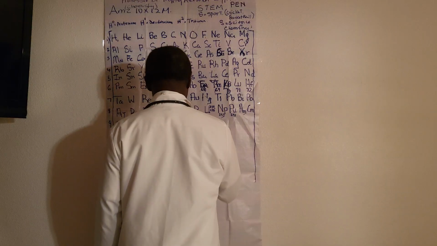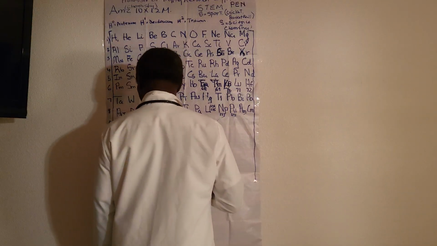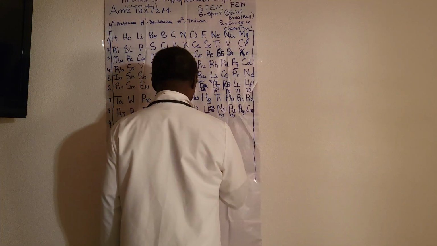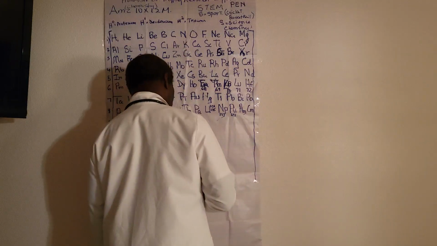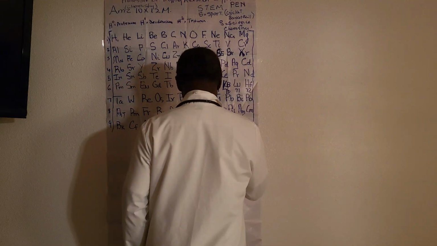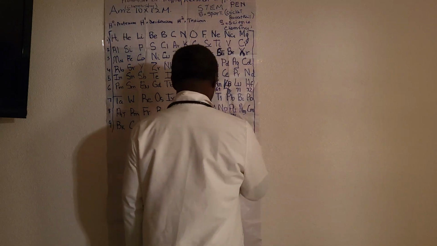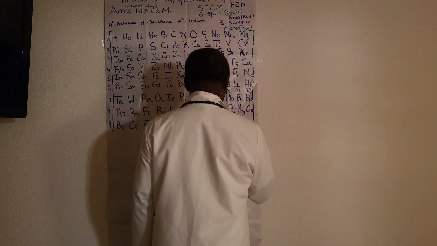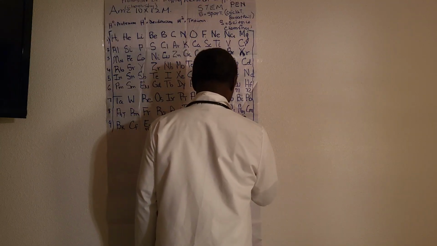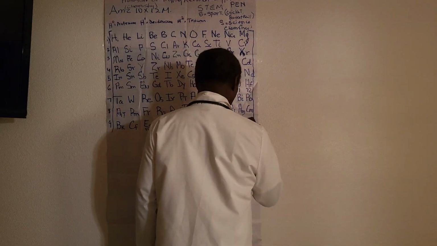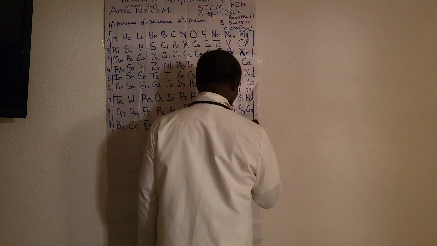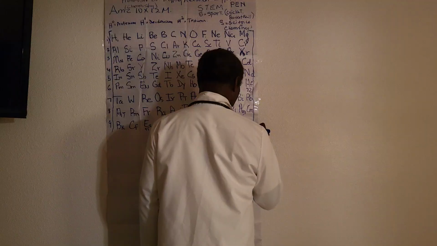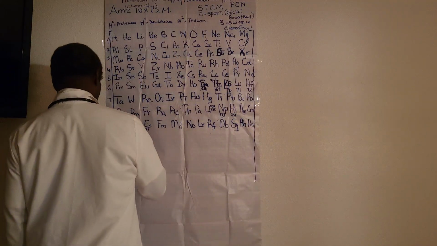101, mendelevium, Md: 101 protons, 101 electrons. 102, nobelium, No: 102 protons, 102 electrons. 103, lawrencium, Lr. 104, rutherfordium, Rf, 105, dubnium, Db, 106, seaborgium, Sg, 107, bohrium, Bh, and 108, hassium, Hs. And so we come to the last row,